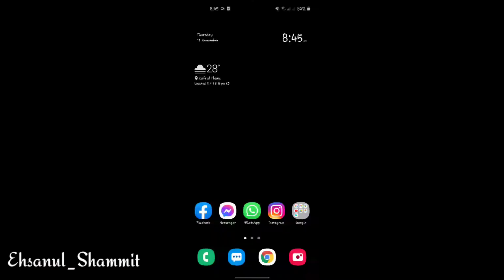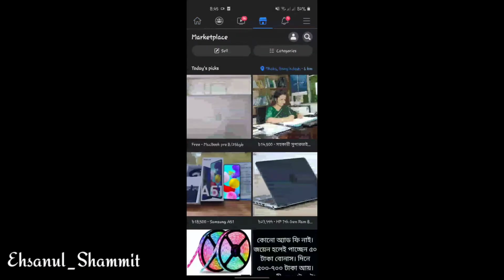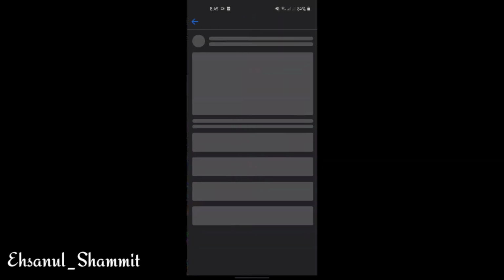Now let's move to practically. আমি আপনাদেরকে practically দেখাবো how to post a single item or a vehicle in Facebook Marketplace, based on my own strategy. So let's jump to my screen. Just go to Facebook and click on Marketplace and click on Sell. Now click on Items,